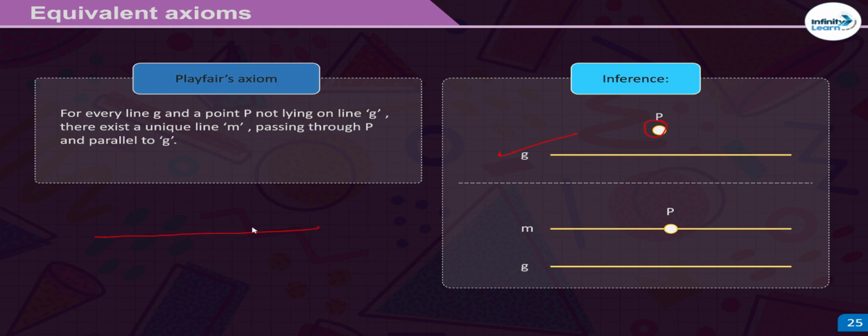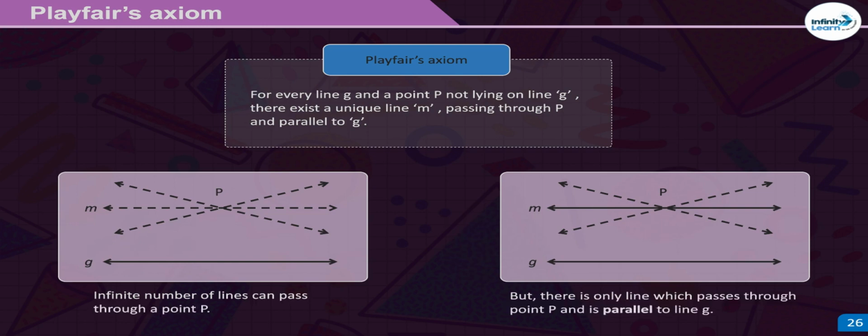देखो, एक लाइन G है, ठीक है, और एक पॉइंट P है which is not on line G, जो लाइन G पे नहीं है। एक लाइन M है passing through P, जो P से पास हो रही है, तो क्या होगी? This line will be parallel to G. ठीक है, and parallel to G। तो जो लाइन P से पास करेगी वो G के parallel भी होनी चाहिए। That is known as Playfair's axiom. And what is the need of this, देखते हैं अपन आगे।